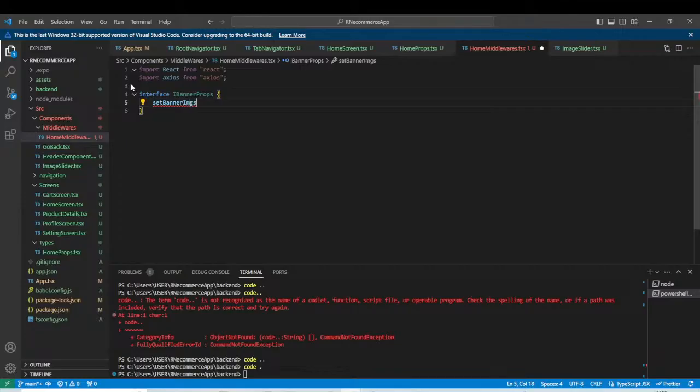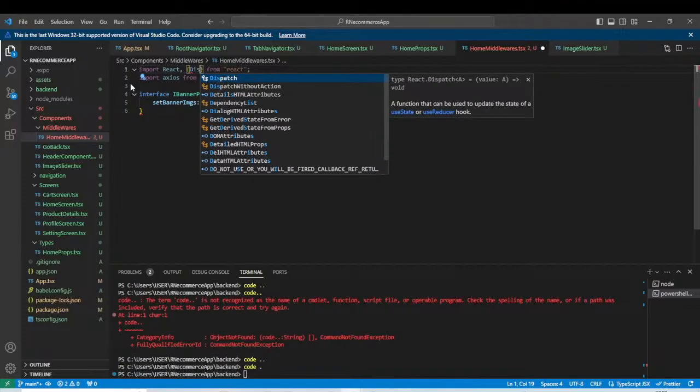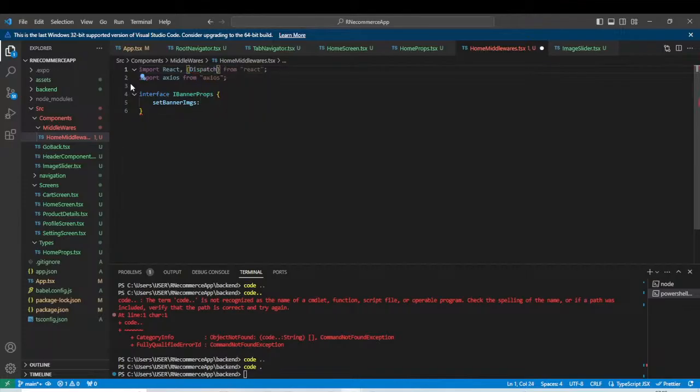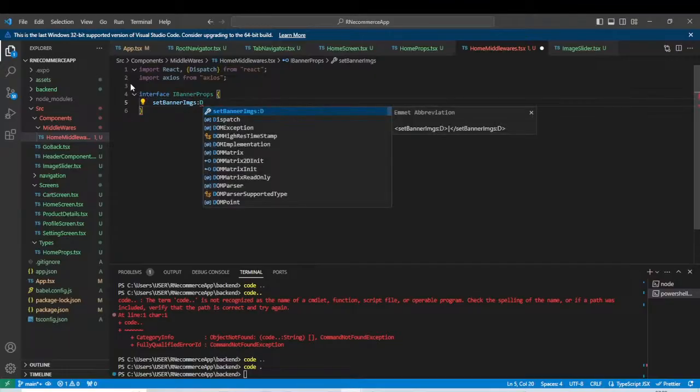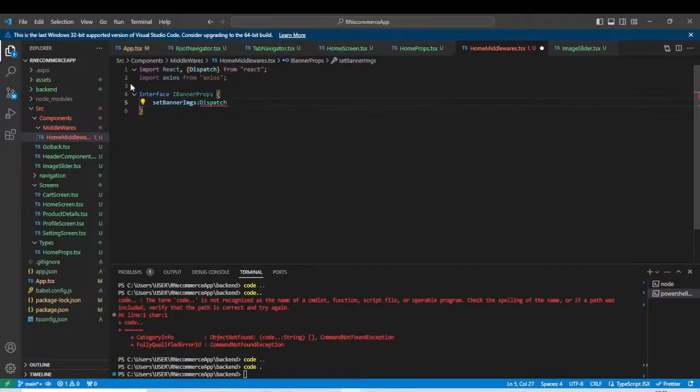So we'll come here and say interface. Let's call it interface banner props. And then we're going to say set banner images, because it's the banner images that we need, and we're going to make it equal to,